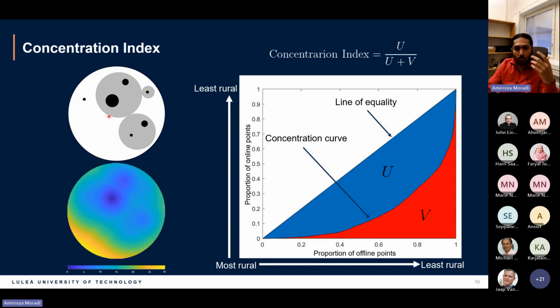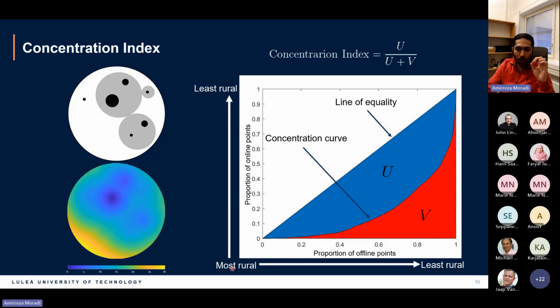First, I will introduce a concentration index. The concentration index can show us the inequality in the distribution among two unrelated things, in here, rurality and coverage. On the horizontal axis is the proportion of population, and on the vertical axis the proportion of online points. We just sort